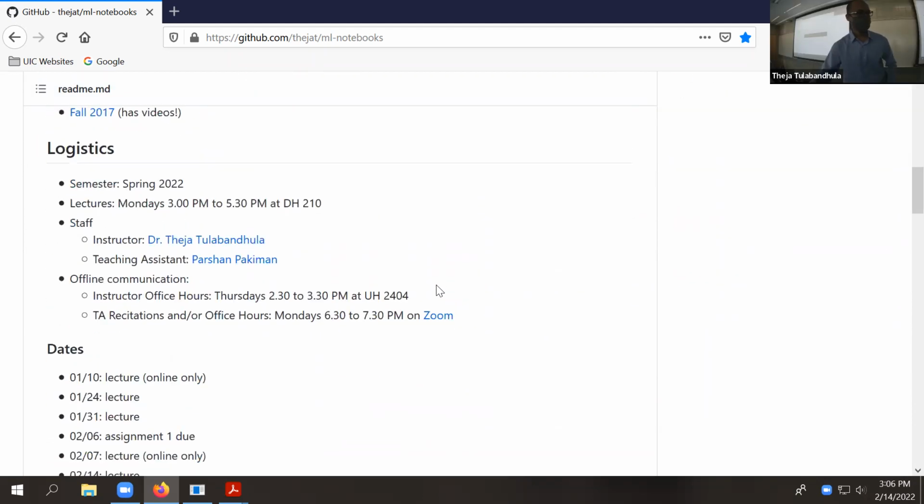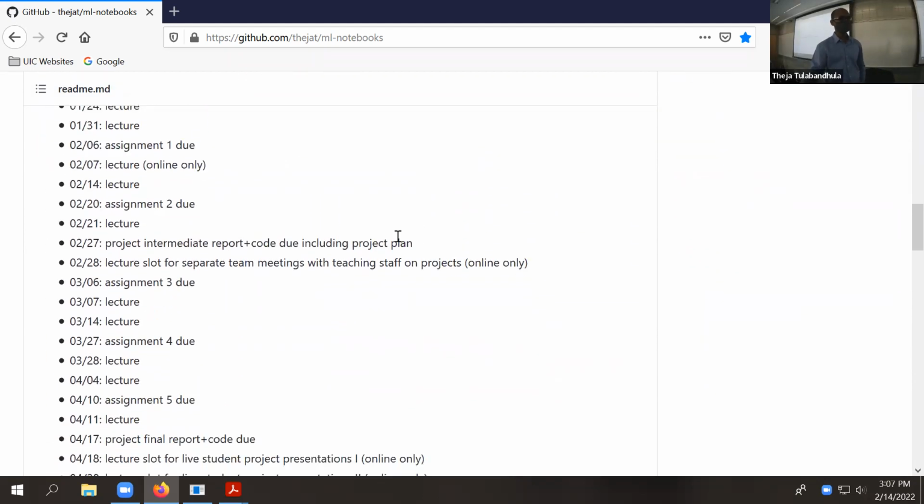Okay, so where we are, just to ground ourselves, we are at this lecture. And so the next assignment is due next week. The assignment content is mostly just linear regression, and also gradient descent. So we'll discuss assignment 2 in a second.